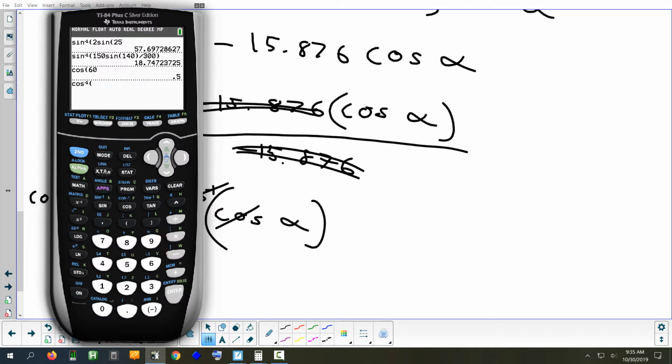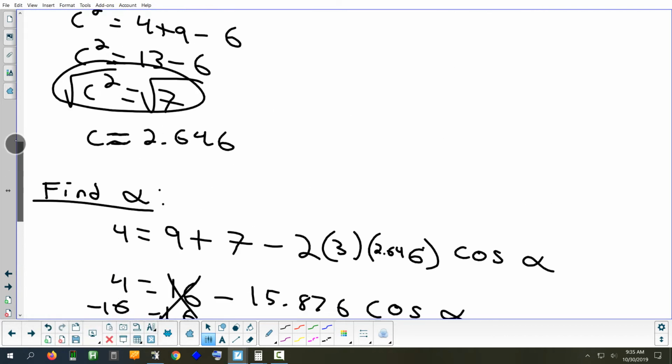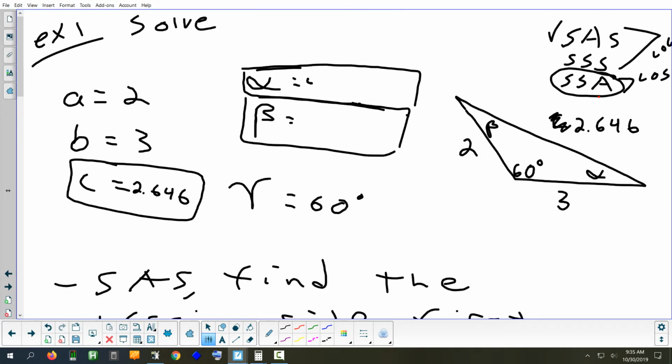Okay, so second, inverse cosine, 12 divided by 15.876. So we get an angle that's going to round to 40.900 if we want to keep it accurate. Okay, so we got that. And now,